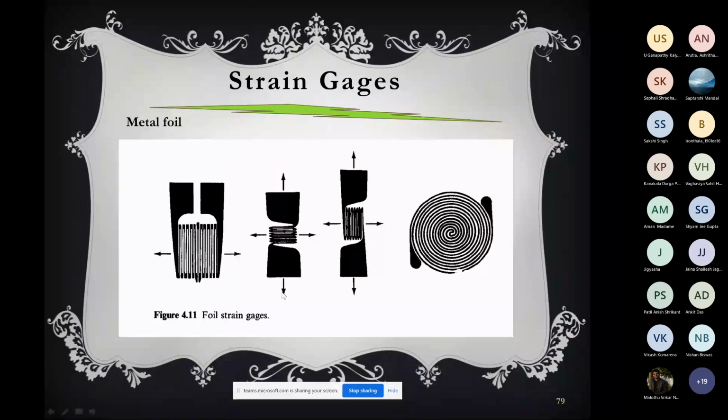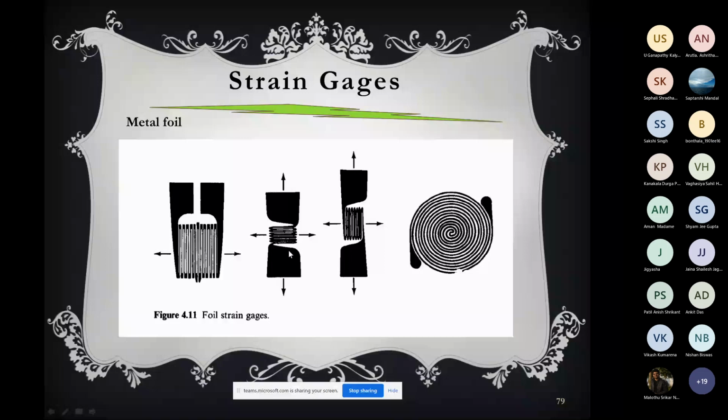You see the elongation of the wire will be very, very small because the initial length will be only this joint portion. Now instead of that, if we apply the force in the horizontal way, what will happen? All the long wires will be elongated with this force and you will get more elongation.